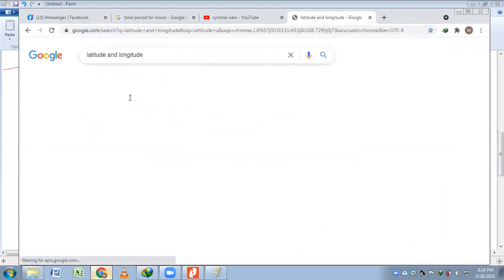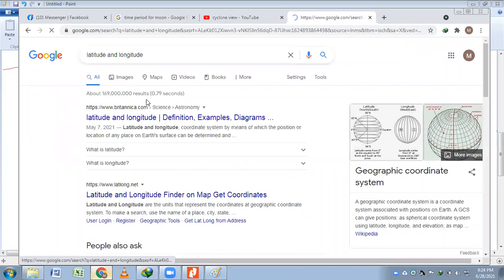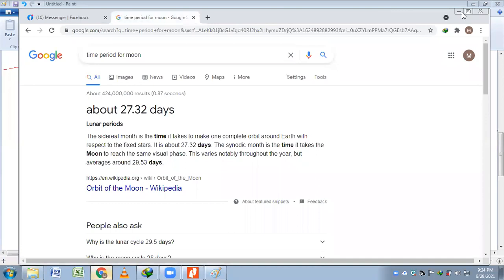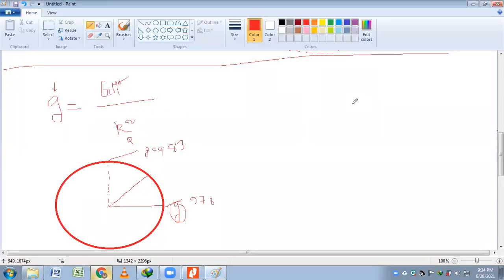One image should be enough for me to understand this. Okay, so horizontals are the latitudes, the verticals are the longitudes. Beautiful, I got it. So what does science say that at a 45-degree latitude, the